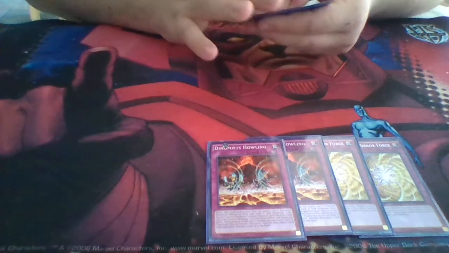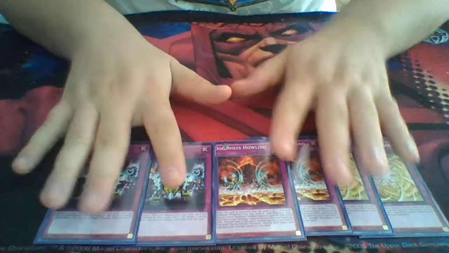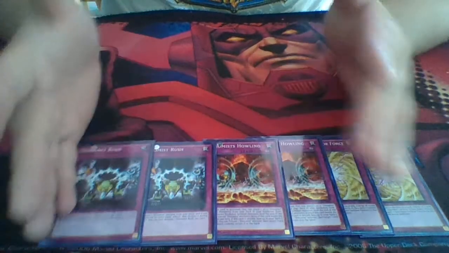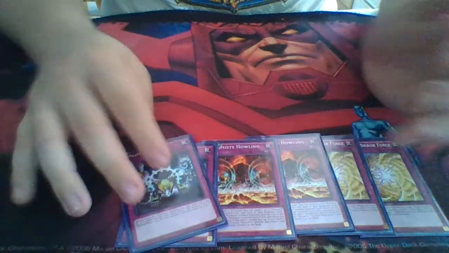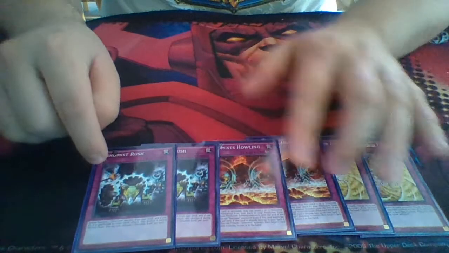Next, for the new cards, double Dinomist Howling, and then double Dinomist Rush. A lot of people will run 3 of these, but for my deck, I felt like a ratio of 2-2 was comfortable for me. It did the job. I could actually bump this up to 3 and leave this at 2,